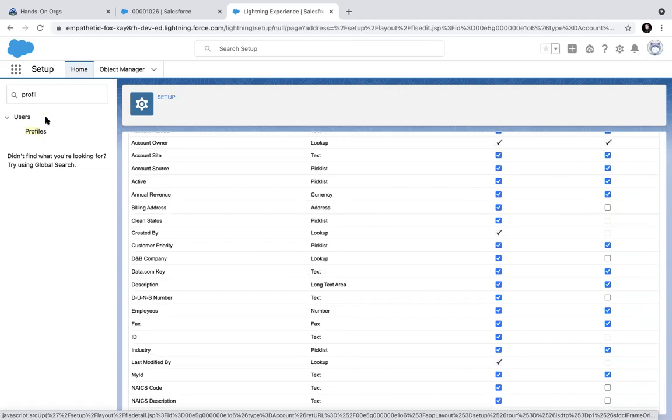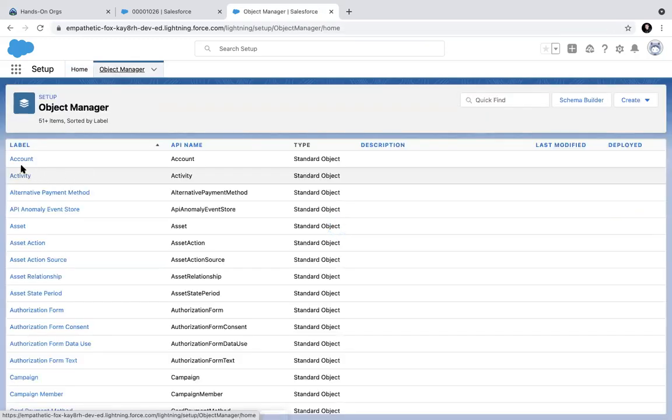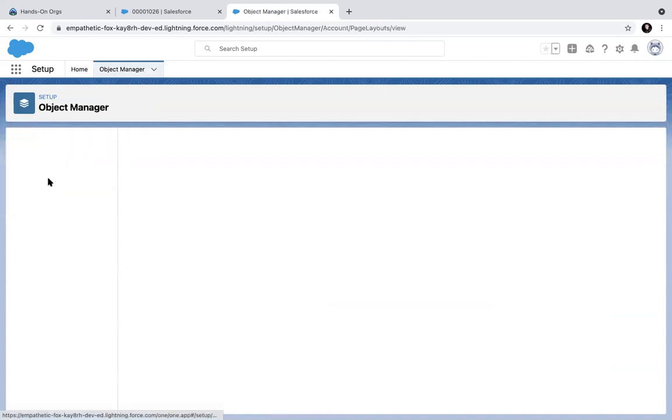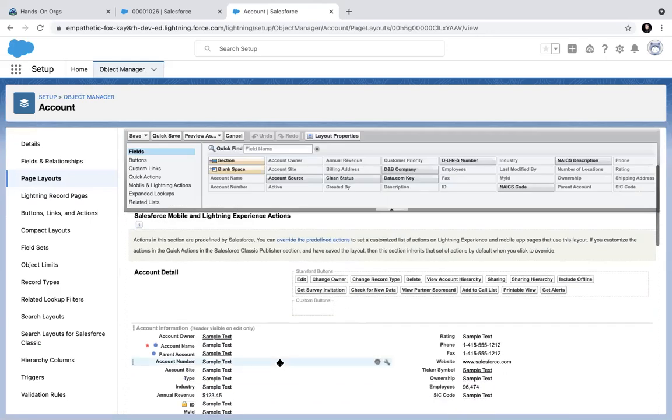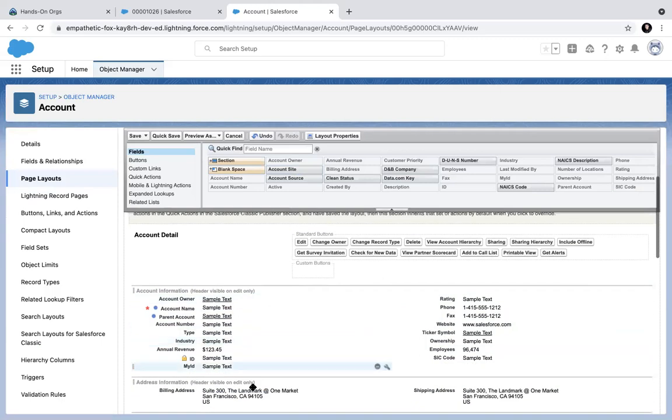Please remember that. But if you go to the object manager and you go to the account page layout, you can make a field read only from there also, or take a field away from there also. So you can remove this account site from your page layout and that is gone. But still, account site you can access via two mechanisms. You can create a report or you can go and query that field from Workbench. So data is available to you. On that layout, on that screen, you are not able to see that.